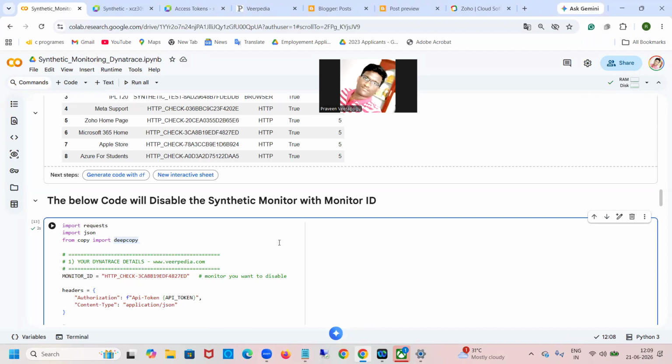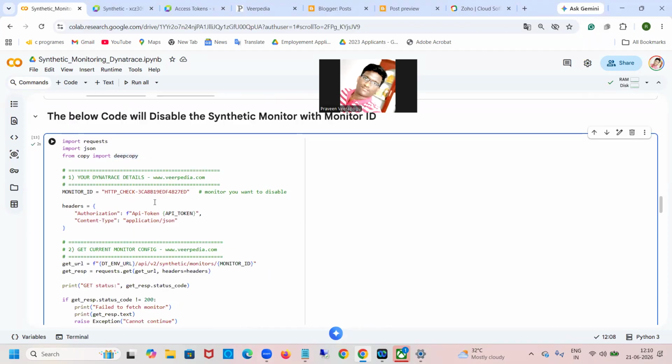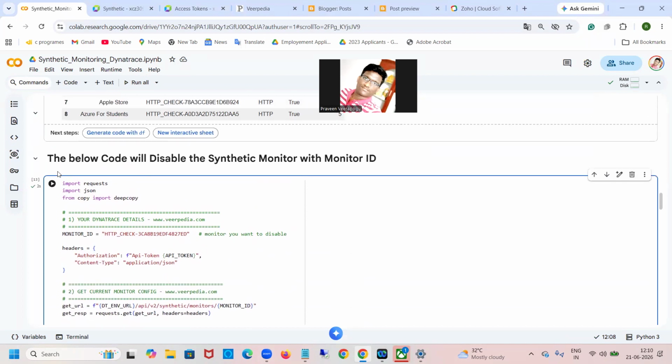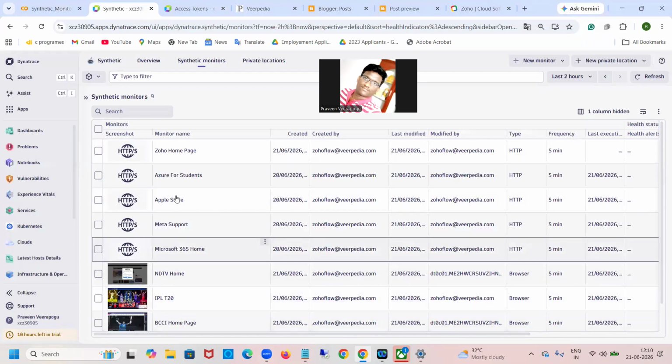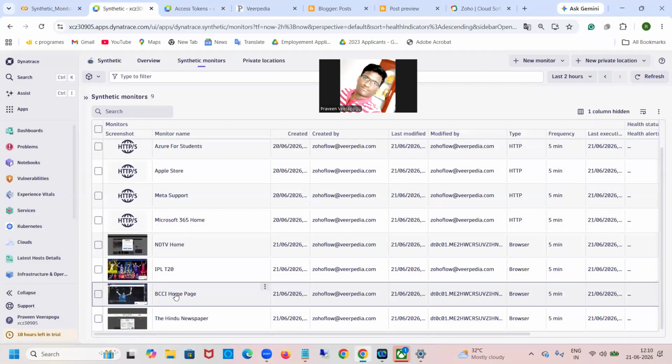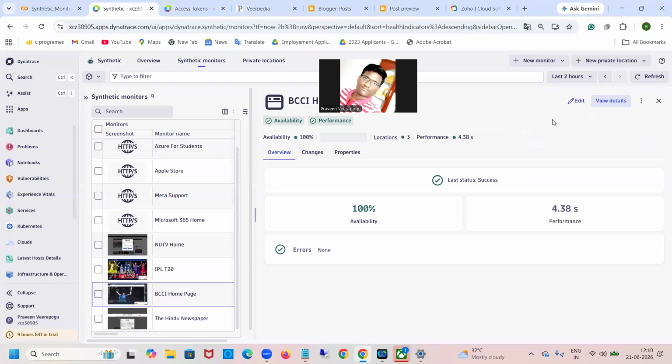At that time, how can you implement this script? Don't worry. Just copy the monitor ID, then paste it here in the script. The below script will disable the synthetic monitor with the monitor ID. Let me take any of the monitors. Let me take this monitor ID, BCCI home,